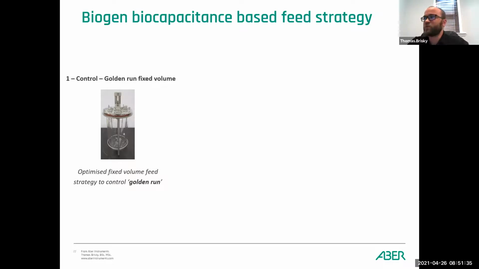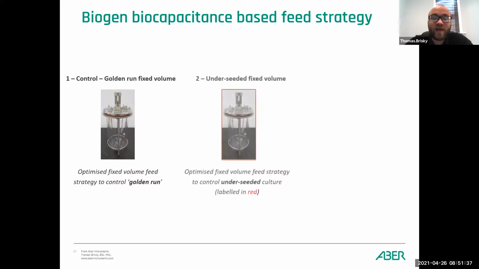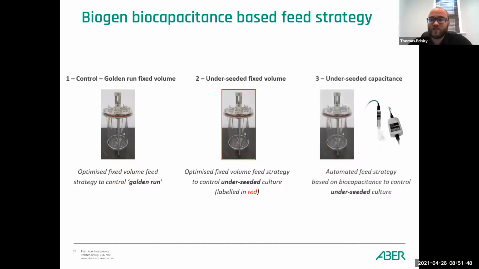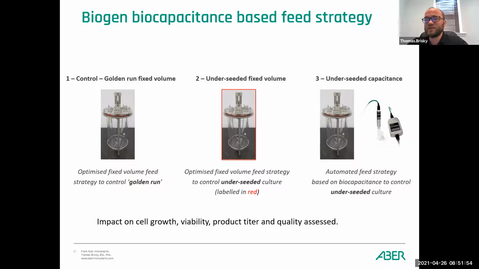was basically their control. The next was again with the same feeding strategy, but this time they intentionally put too few cells at the start of the run. And then the third was the capacitance controlled feeding strategy with the same number of cells, so the underseeding as seen in the second bioreactor. And the performance of these 3 cultures was assessed by comparing parameters such as viable cell density, viability, impurities,